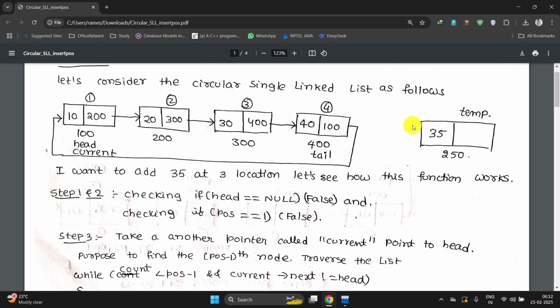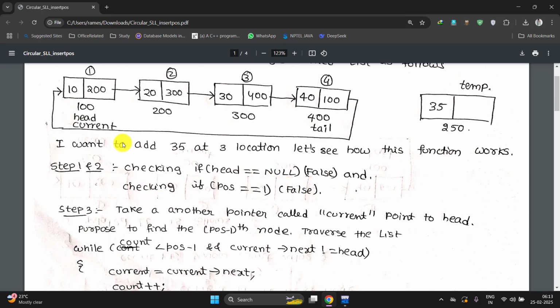And create a node with the temporary name, and assign a value. Now let us assume I want to add 35 at location number 3. Let's see how this function behaves. For that purpose, create a node and assign the value. Let us assume the memory address of this newly created node is 250. Now check if the head is equal to null. Since there are some nodes in the linked list, head double equal to null becomes false. So we will skip this condition,